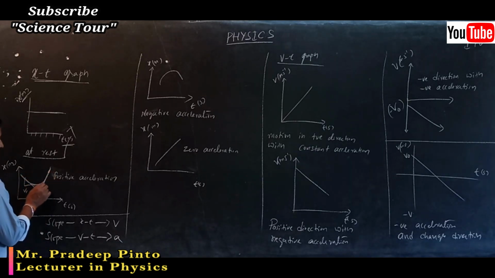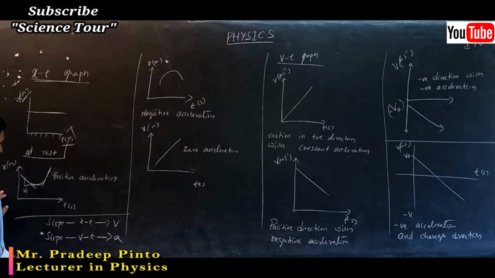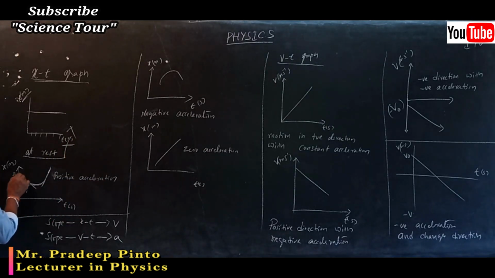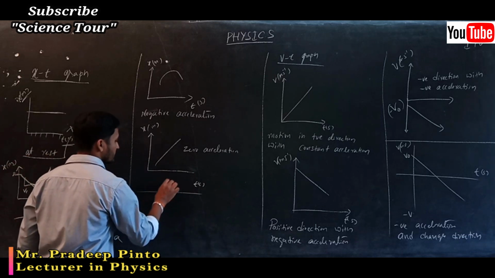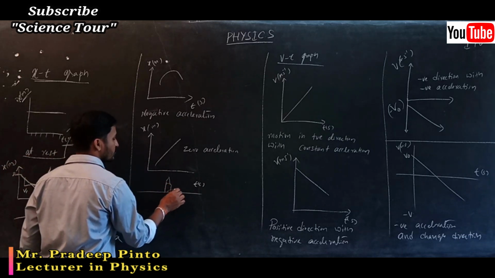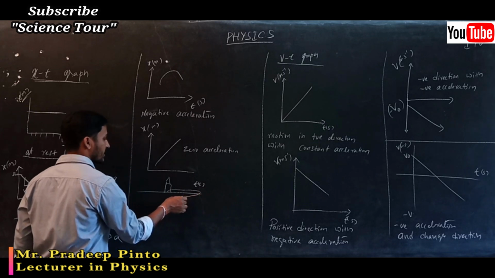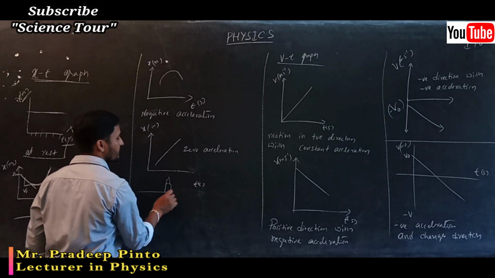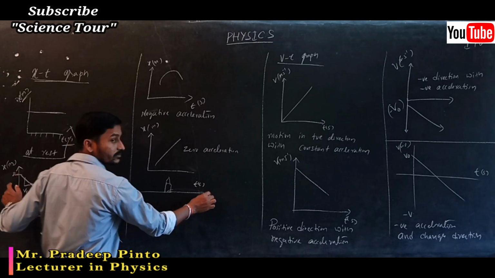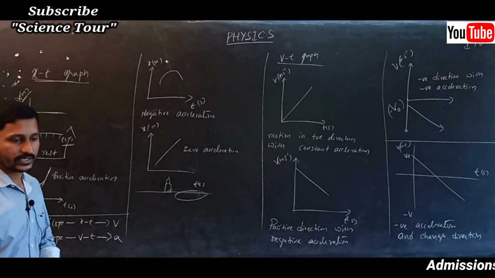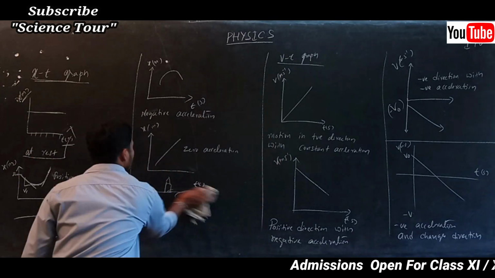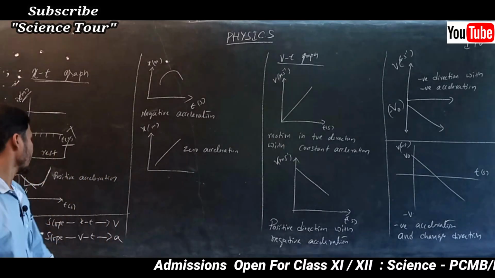Now I have to draw the tangent at the final point, because the object is decreasing its position and then increasing it. Here it is 8 meters, first it was at 8 meters, comes down to 7, 6, 5, and then goes back again. As in the diagrams, first you go somewhere here and come back again, or you start from 8 meters, come back here and go back. That is what the position time graph is here.